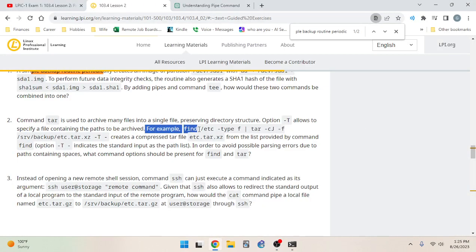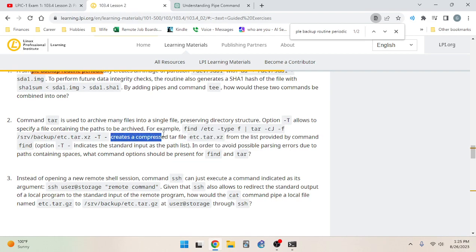For example, find /etc -type f, pipe tar -cJf, and then I'm sure there's a space, /srv/backup/etc.tar.xz -T -, in this case the dash is standing for standard input,